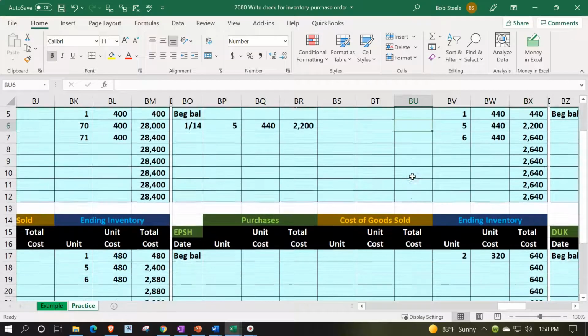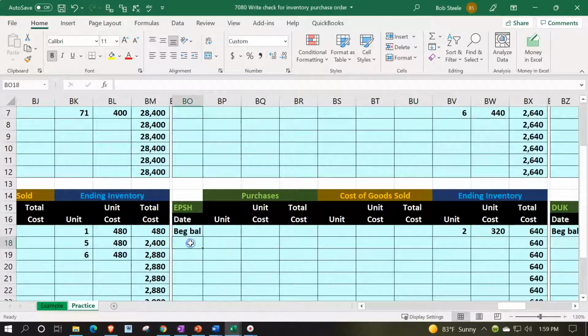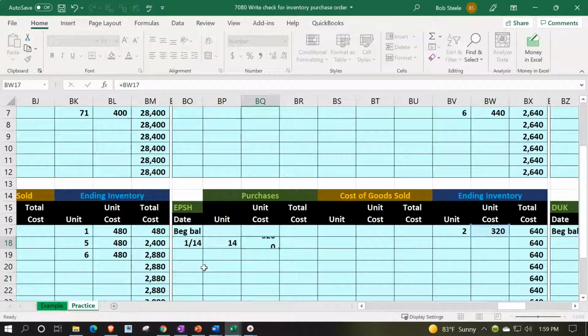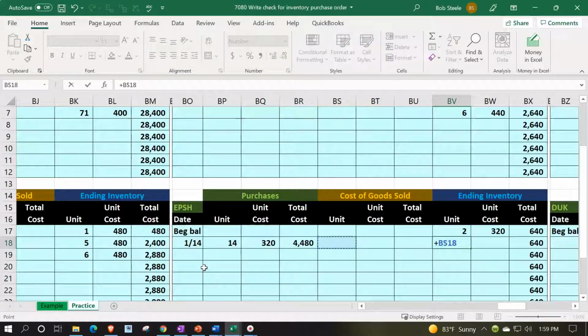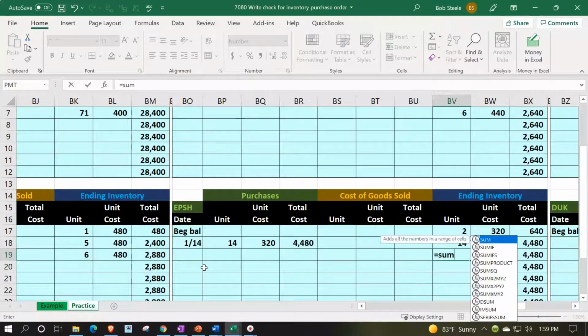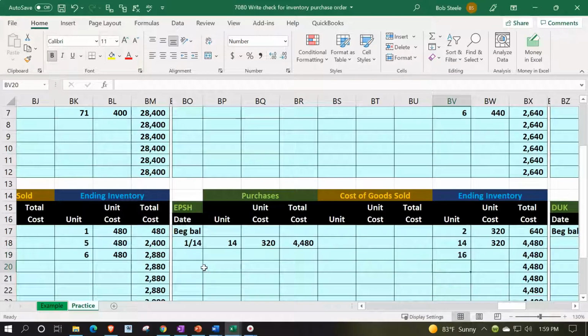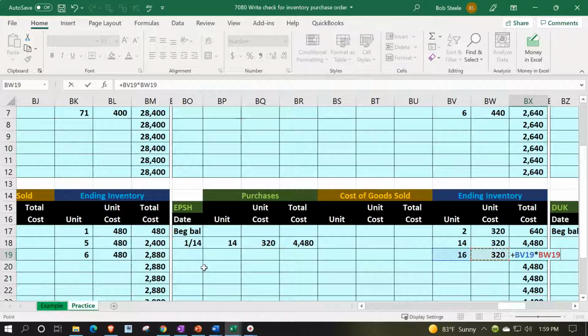And then finally, in this purchase, one more, we also purchased some of these EPSHs from the same vendor, which we're going to imagine is Epiphone. 1/14, we purchased 14 of those at the cost, which is $320. So we're going to say 14 times 320, 4,480. Pulling that over into the ending inventory, what do we have in total then? We've got another 14 at 320, so 14 times 320, summing up the 14 and the 2, gives us then total units of the 16, still at the 320. So now we got 16 times 320, or